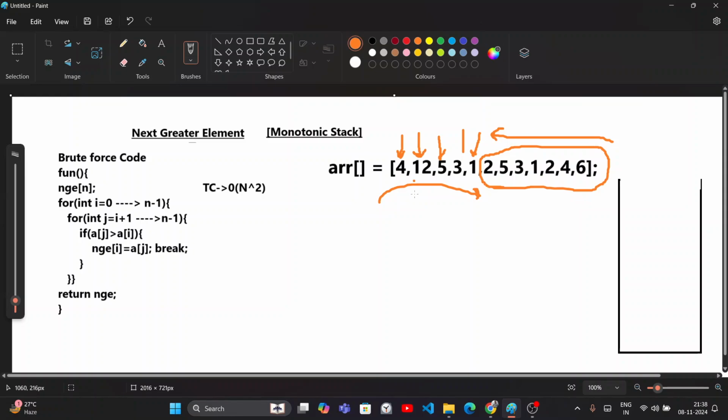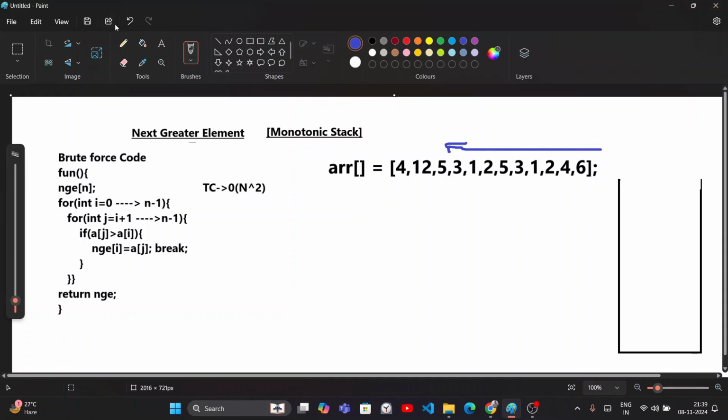Yeah, I'm not getting the track because I am starting from left to right. I am moving from the position from left to right, and since I'm moving from left to right, I'm not getting the track of this. So since I'm not getting the track, what I will do is that